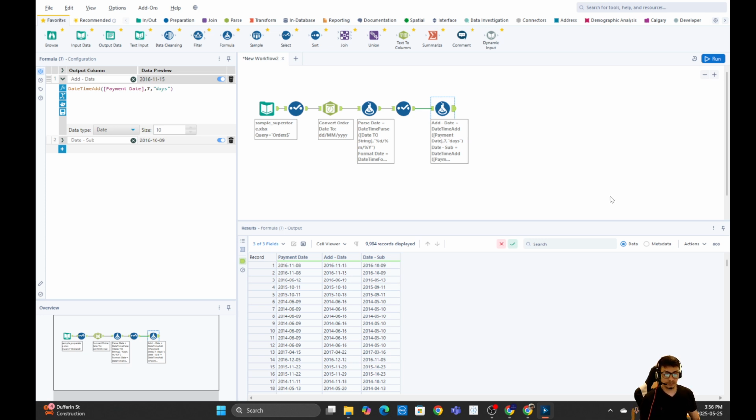This is one scenario. Now let's understand another scenario where, for example, you're working on Alteryx workflows, and you want to know on which particular date the workflow was run. For example, if you run a workflow and you are appending the data in a single sheet, how will you know when the workflow has run? The data is for which particular date? You won't know that. So in those conditions, there's a function called